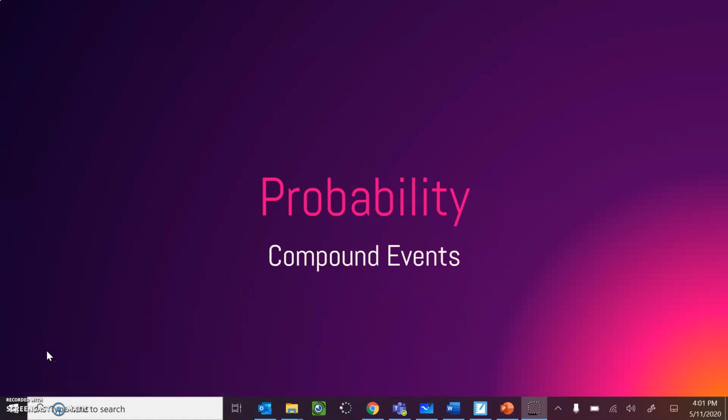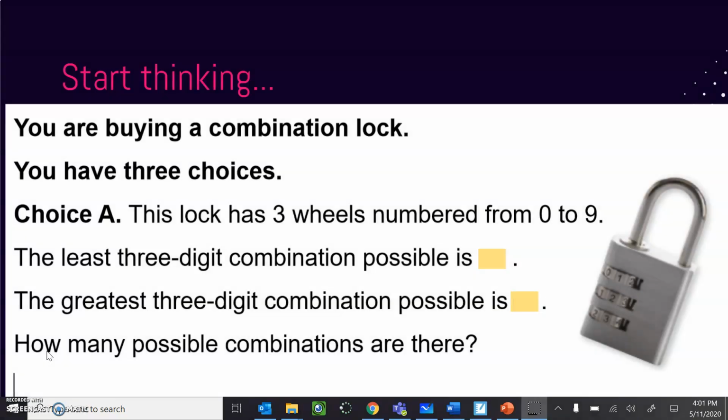Today's lesson continues our work on probability as we study compound events. To start our lesson today, I'm going to give you a warm-up problem where you have 3 different combination locks. As you try to answer these questions, I want you to think about